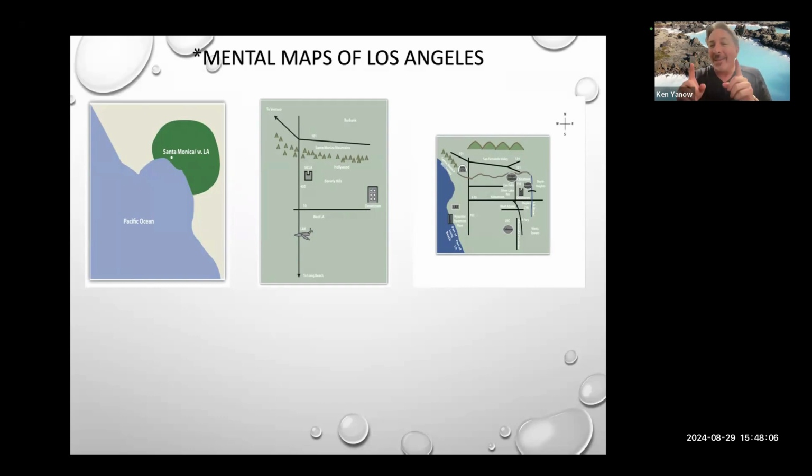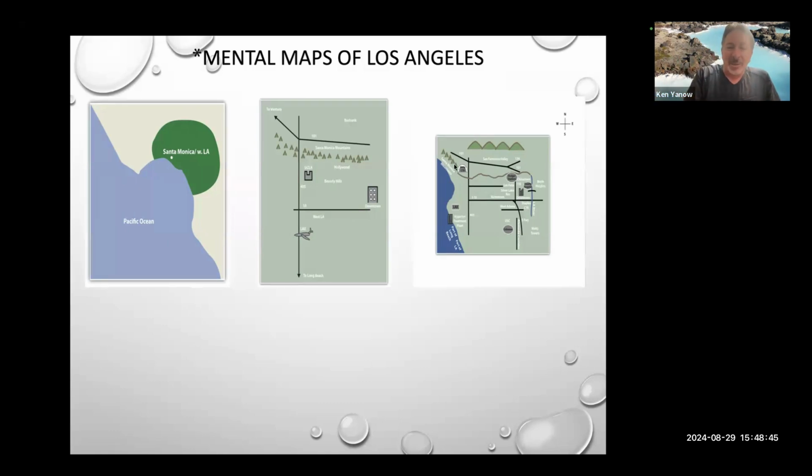So that's what my kids know about LA. Staples Center, they know exactly where it's located. They know exactly where UCLA is located. And they know exactly where UCLA is located because they were both applying to go to UCLA as well when they got a little bit older. So again, their mental map has expanded based upon their desires, and their desires have led them to what they know. And so I think the key to expanding mental maps is learning more about your wants and needs, but just have a pure expansion of thought.